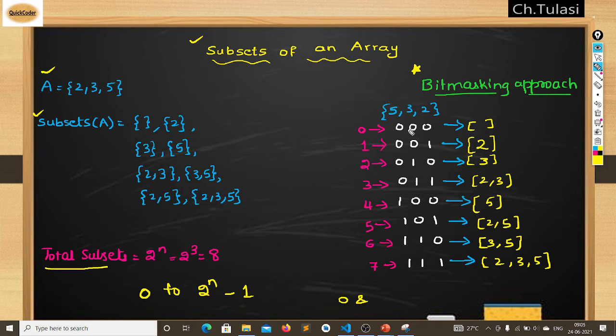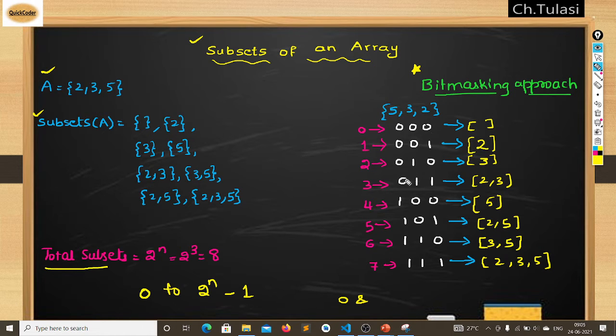Okay, I can simply find out how I can know whether there is any 1 or not. Means if here there is 0, now what I will do is I will convert this 0 to binary format. Then at the 0th position, is there 1 or not? I will find out that.